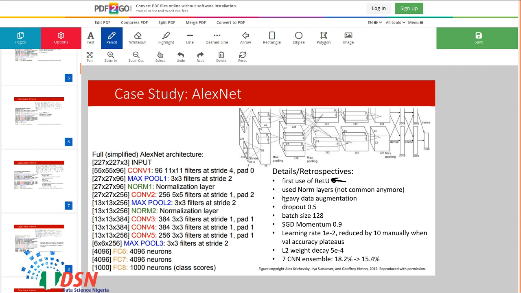And it used data augmentation, like image rotation and shifting and shearing the image at training time, as we talked about. It used dropout with probability of 0.5, and you could see other